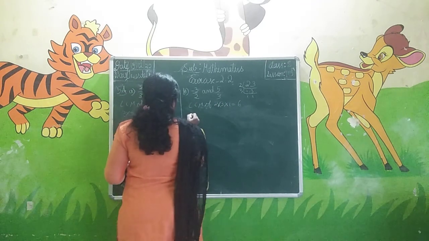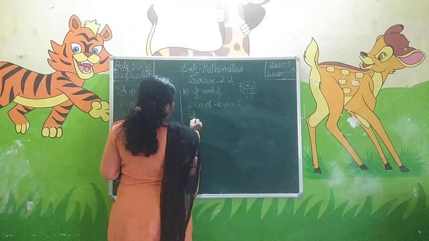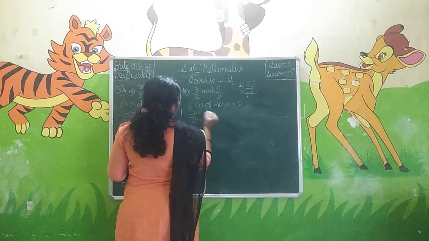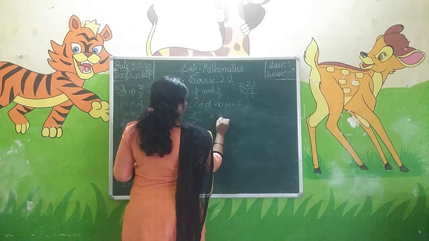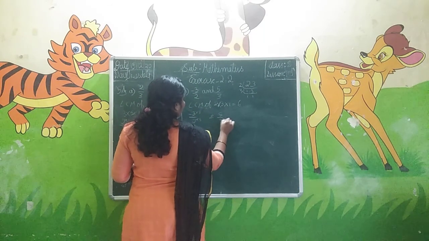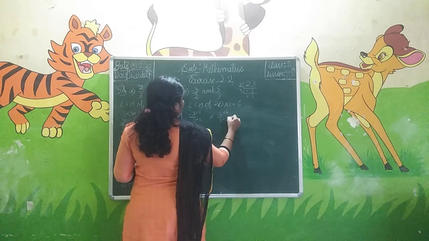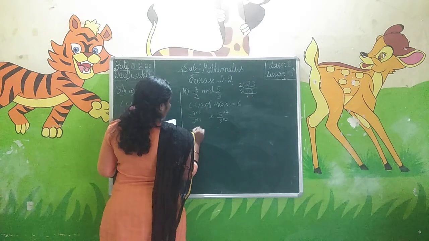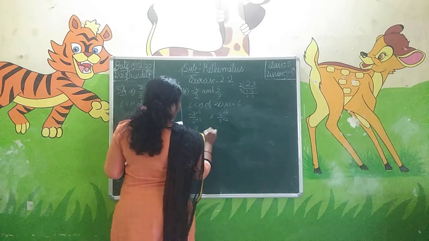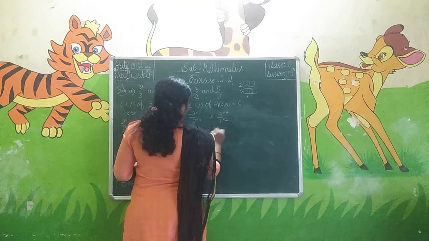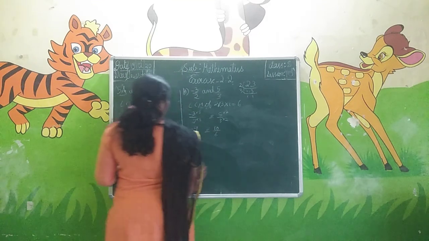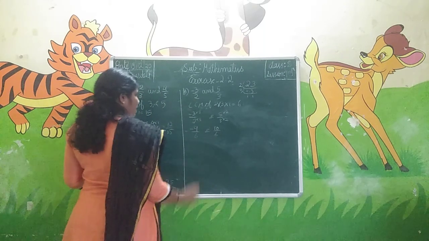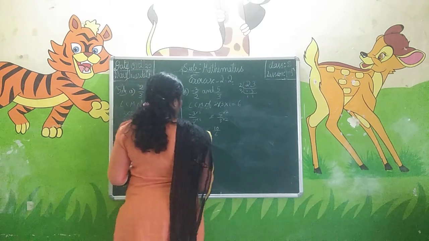To get the 6, we have to multiply minus 3 by 2 by 3, and 5 by 3 by 2. So 3 times minus 3 is minus 9, 2 3s are 6, and 5 2s are 10, 3 2s are 6. We can get it very easily because between minus 9 and 10 we have so many numbers.